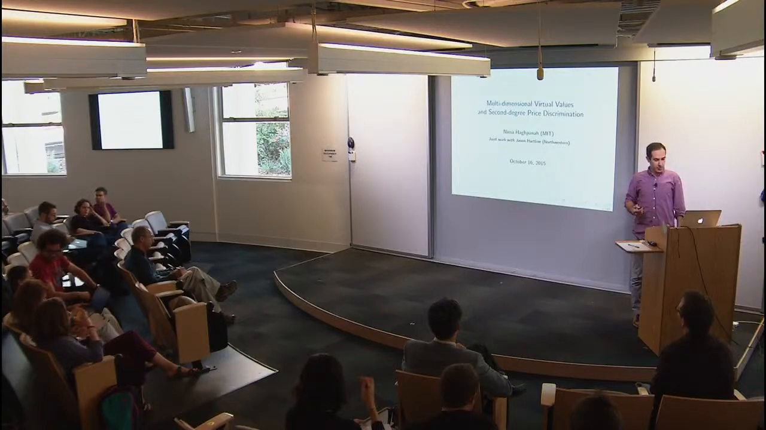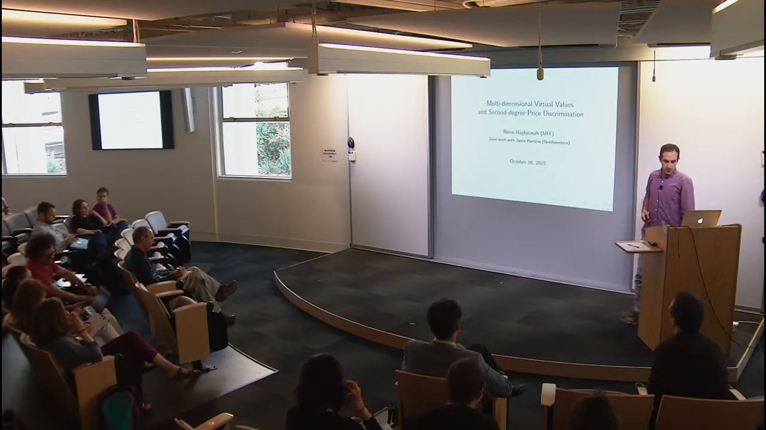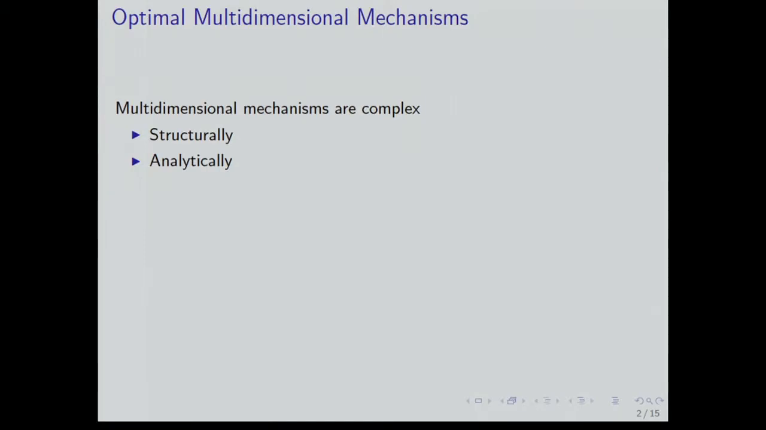Okay, thanks. I'm going to talk about multidimensional virtual values and second-degree price discrimination. It's going to be about multidimensional mechanism design and a framework that we have to prove optimality of mechanisms. And at this point in the workshop, I hope I don't need to try hard to convince you that multidimensional mechanism design is hard. It's complex, both in terms of the structure of the optimal mechanisms that we see, and